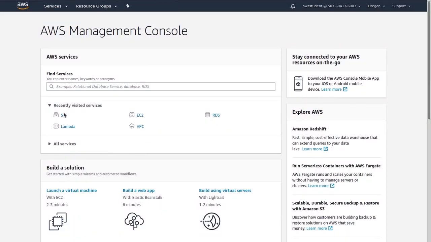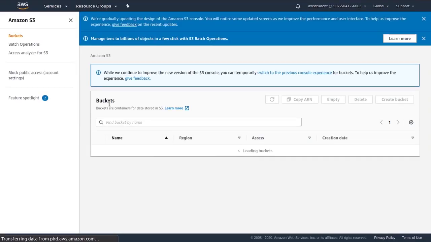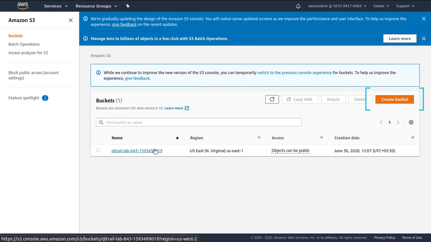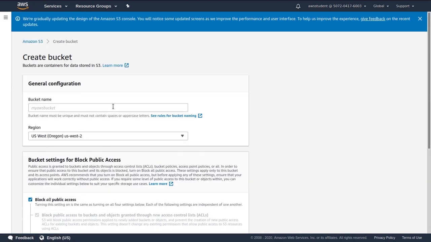In the AWS Management Console, click on the Services menu. Then click on S3. Note, if you see switch to the new console on top of the page, just click on it. Now click on Create Bucket. An Amazon S3 bucket name is globally unique and the namespace is shared by all AWS accounts. This means that after a bucket is created, the name of the bucket cannot be used by another AWS account in any AWS region until the bucket is deleted.